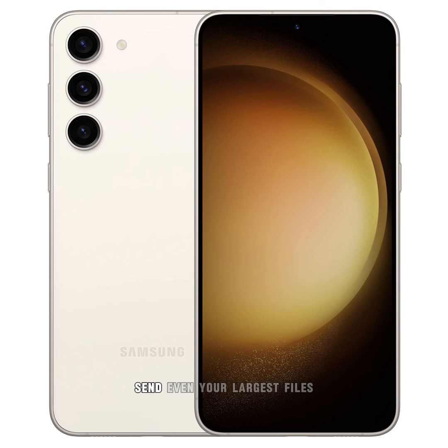Quick share. Send even your largest files, whether it's cute puppy videos or work documents, between your Galaxy S23 Plus and any iOS or Android device. Quick share helps minimize frustration when sharing the epic